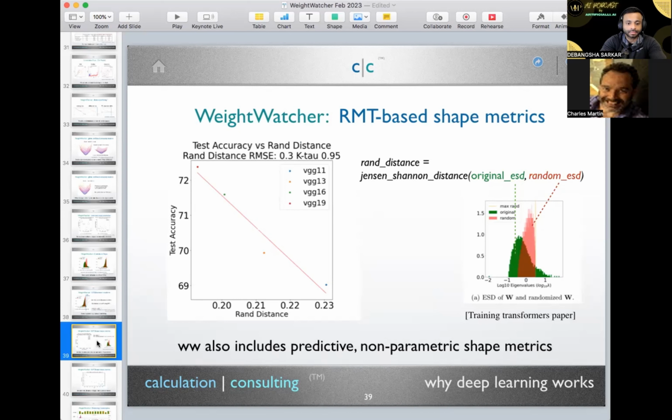We also have other kinds of metrics. There's another metric where we want to say how well a layer is correlated. So let's just compare the Jensen-Shannon divergence between the correlated matrix and the randomized version. This turns out to be a pretty good measure of correlation. And it actually correlates pretty well, again, and that's a naive average, not a scale adjusted average. So it turns out just seeing how far away your weight matrix is from random is actually a pretty good measure of how well you're training.